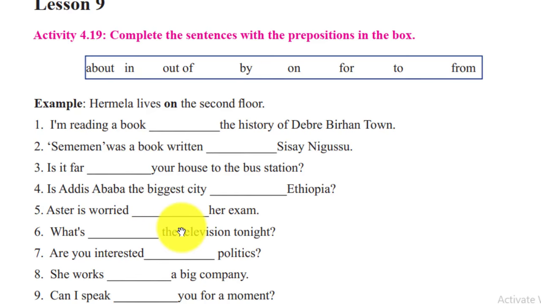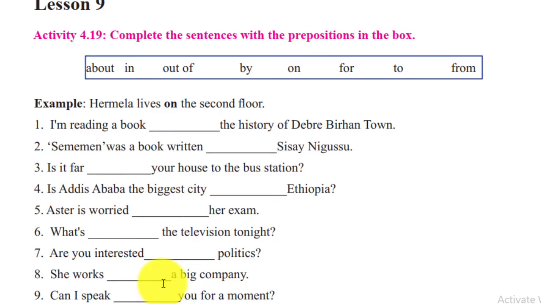number 6 was blank the television tonight ይላል። አሁን ስለ ቴሌቪዥን ስለሚወራ ነገር ነው እንትን የሚለው ስለዚህ on is appropriate was on the television tonight ቴሌቪዥን ላይ ምንድነው የሚቀርበው on የሚለው ቃል appropriate ይሆናል። number 7 are you interested blank politics ይላል። interested የሚለው ይሄ ቃል ምንን ያስከትላል in የሚለውን preposition ነው የሚያስከትለው I'm interested in ብለን ነው የምንገልጸው ስለዚህ in politics የሚለው ያስኬዳል።